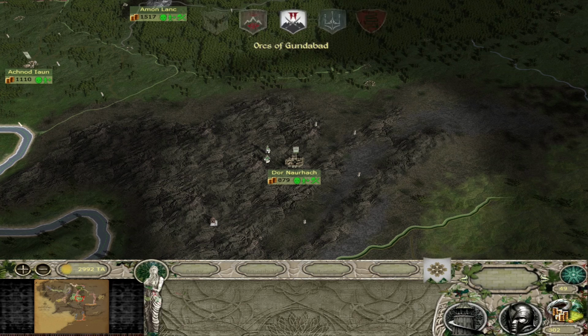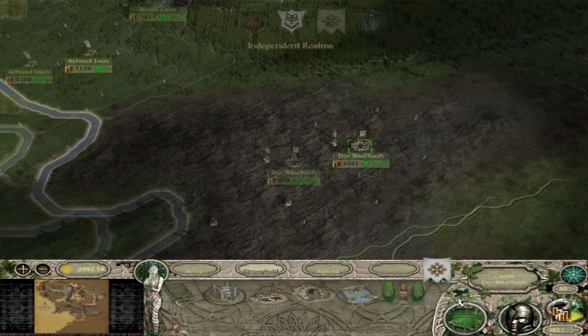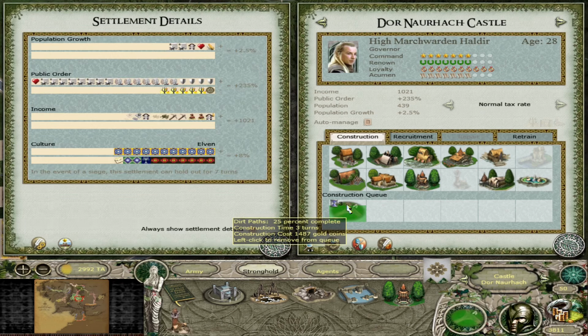And soon, when we have the culture, we will get the military buildings in Dor Nórhak, so we will be able to retrain, and also they will be free upkeep. So maybe, let's see, what culture do we have? We actually have 54, so I'm thinking about not getting the...